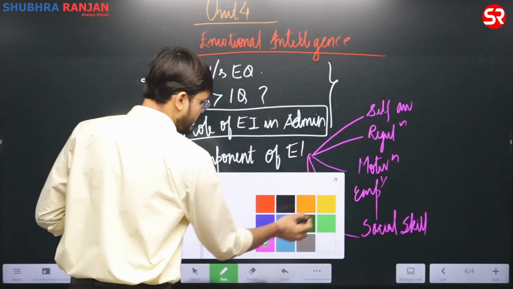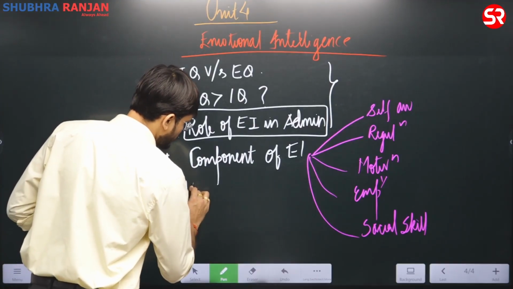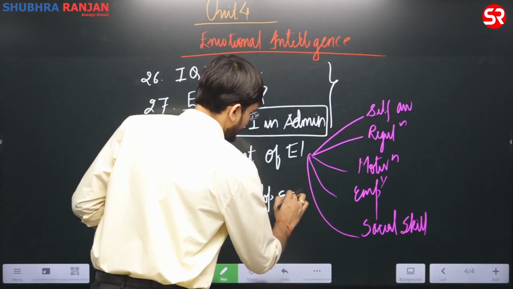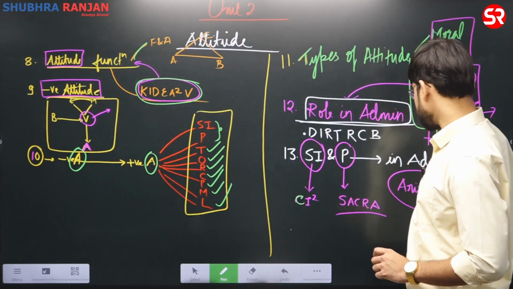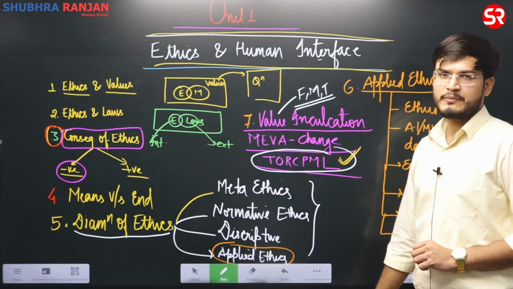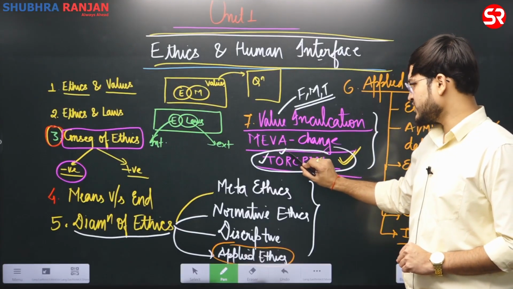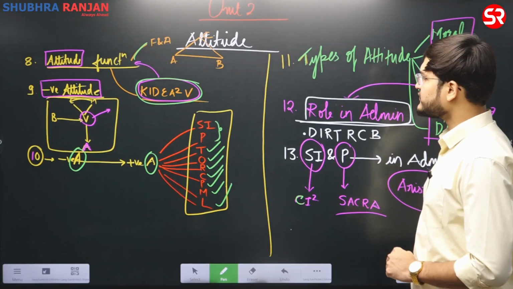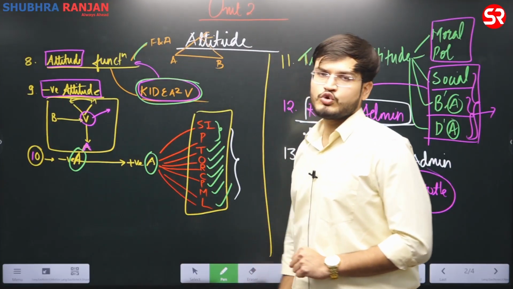If you see the 30th theme, you'll find that questions are being asked regarding how to develop this EI. You have already seen in the previous sessions, in the topic of value inculcation or attitude change or socialization factors, we have talked about various frameworks like trial and error, observation learning, role taking, conditioning, prejudices, media and learning institutions. We have also seen how to convert negative to positive.